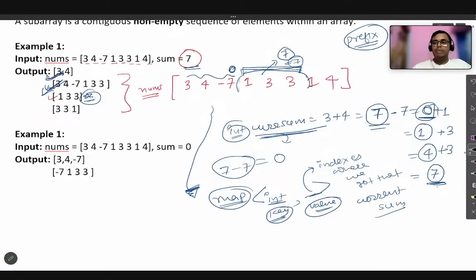Now, there might be multiple points in an array where we got the same sum multiple times, so multiple indexes can be accumulated for a single current sum. So the data type that could come here will be nothing but a vector, or in Java you can say an array list, okay? So vector of int if I am coding it in C++, and if you are coding it in Java, then it will be an array list. I am going to share both the codes, not to worry, okay?